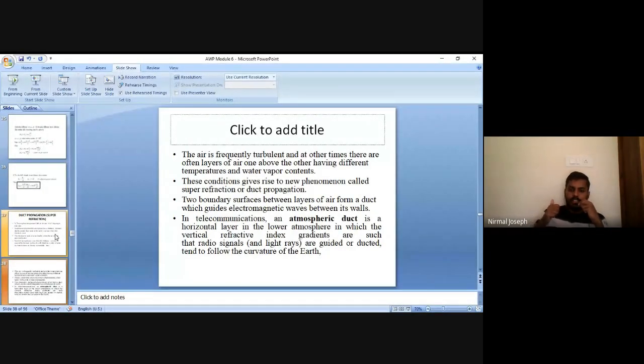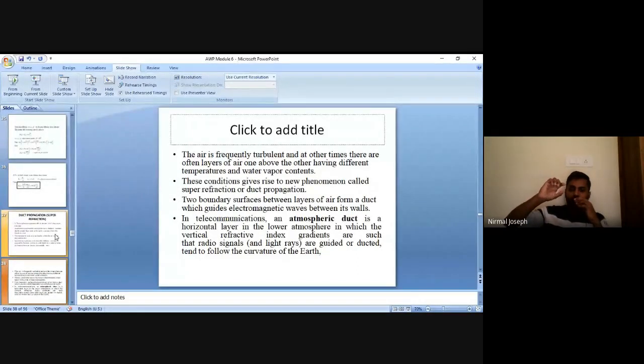That means, in contrary to the normal expectation, we should have a layer which is comparatively hot. In the lower part, the temperature will be hot, and we expect the temperature to reduce while we are moving upwards. It was reducing, but after some time, again the temperature is increasing.